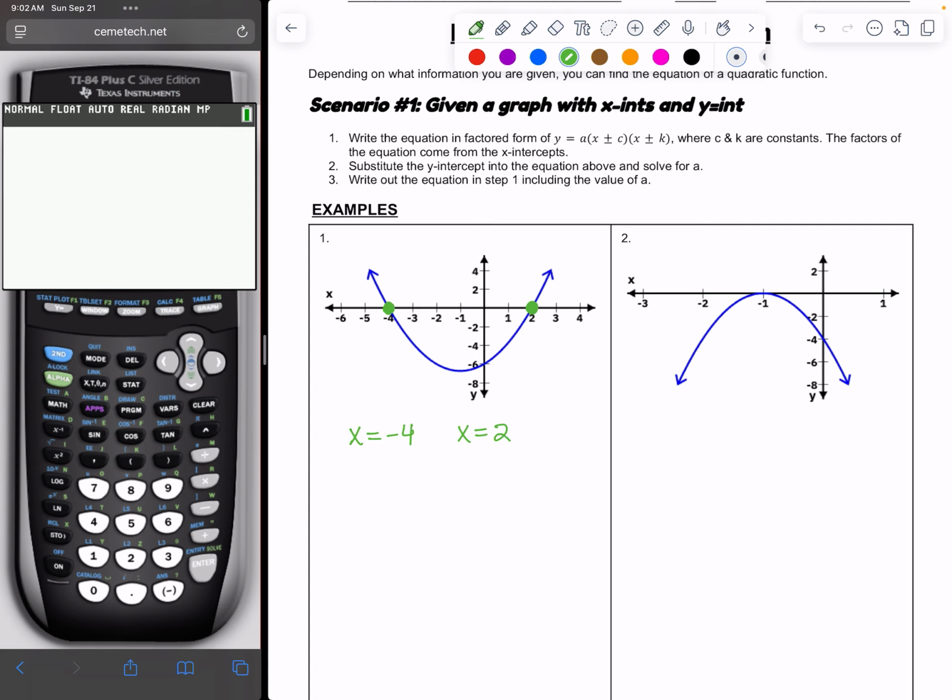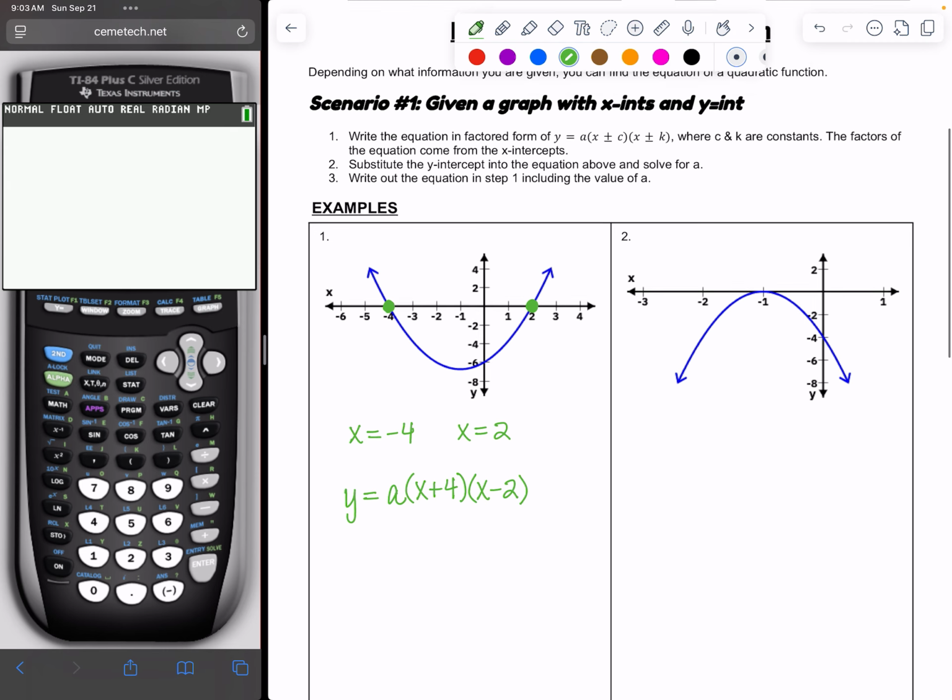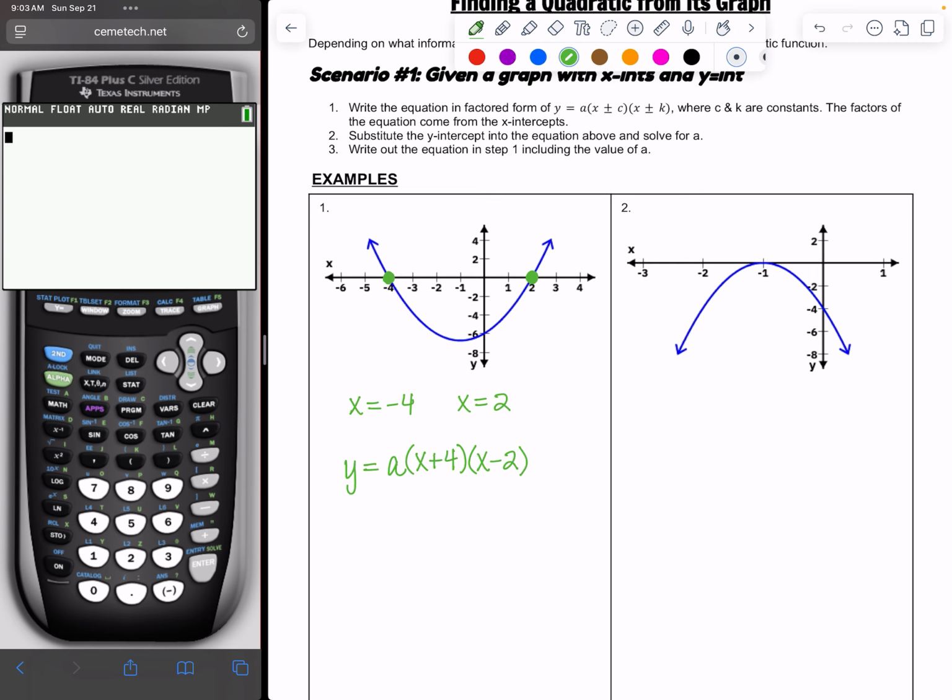We should know that those come from the factors of x plus 4 and x minus 2, because remember we have to set those equal to 0. I'm going to put here that y equals the value of a times those factors. Now I'm going to take the y-intercept, which is located at the point (0, -6),